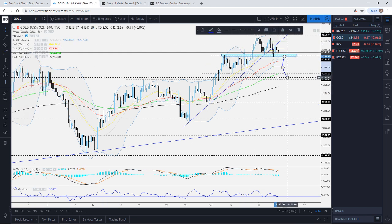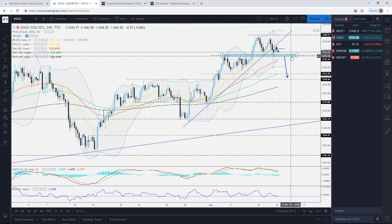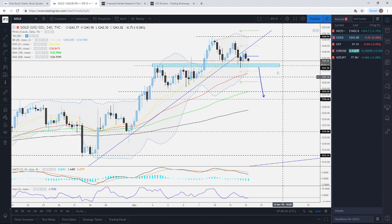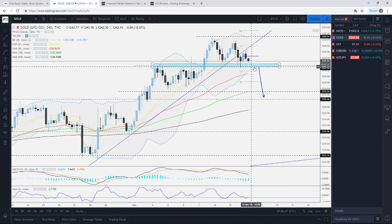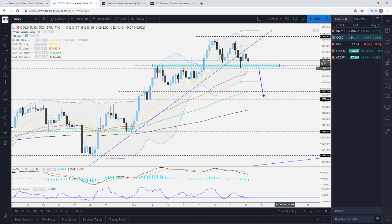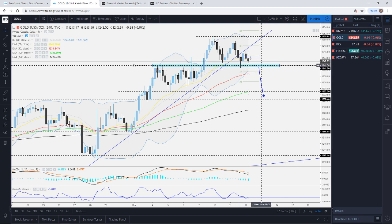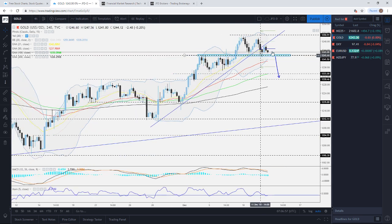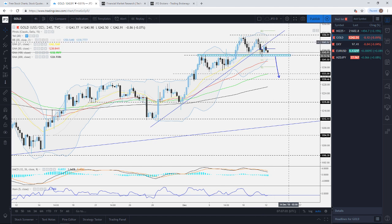Looking at it from the daily perspective right now, it's trading below the pivot, so a bit of negativity here. But again, for a better confirmation of further declines, we would need to see this break below the 1241, or the 1240 for those who are maybe a little bit more cautious. On the upside, if this now travels back up above this short-term upside support line, this could be our indication that